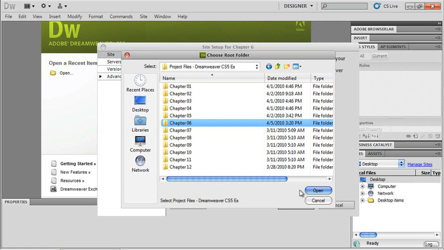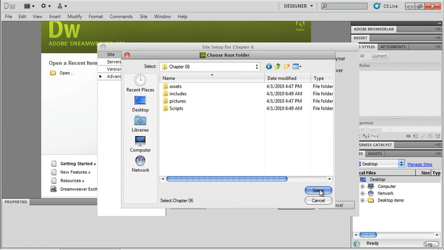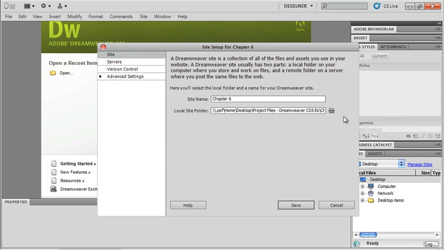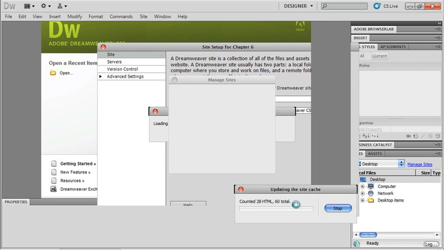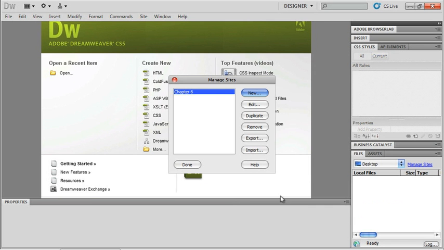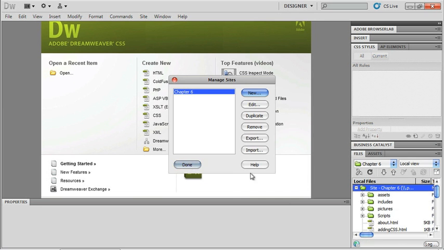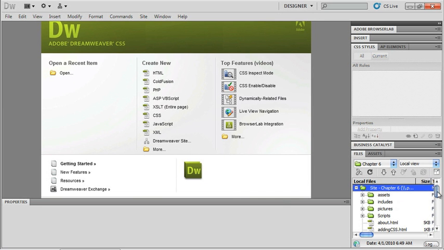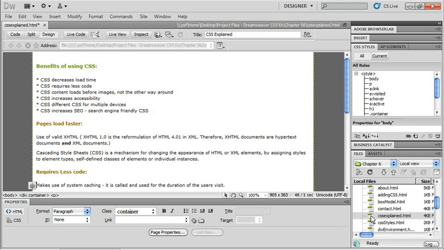So I'm going to open my project files. I'm going to go to Chapter 6 and open, and select, and now save. I can click on Done, and if you would open CSSexplained.html,